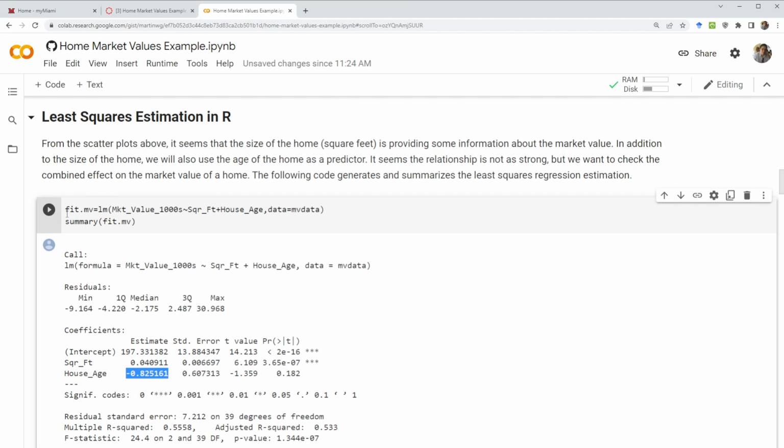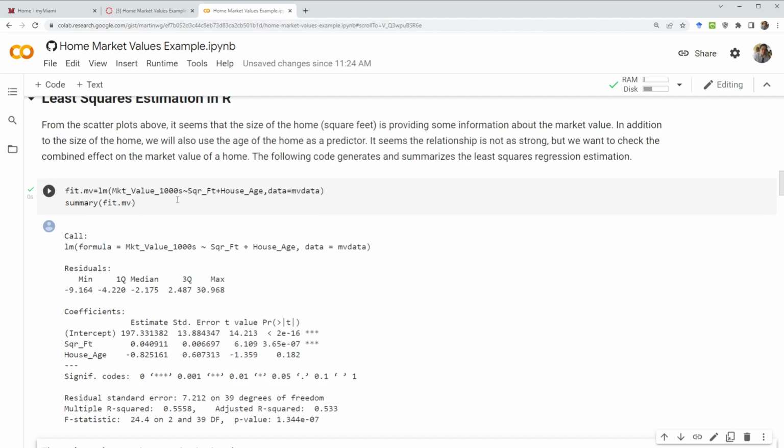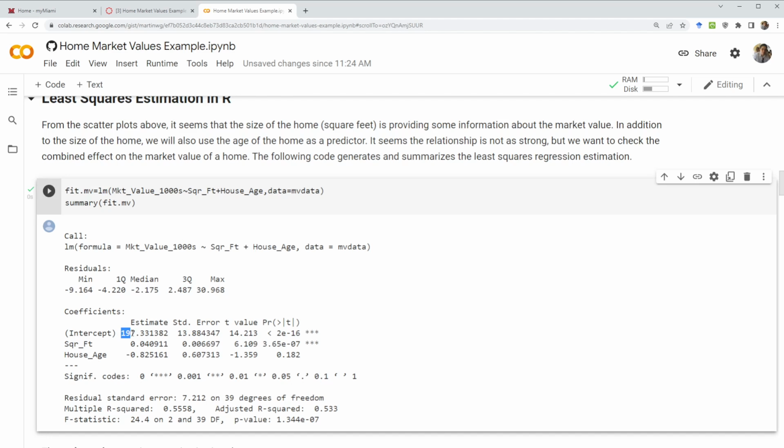So those least squares estimates are obtained using the LM function, which stands for linear model. You're going to use the market value in thousands as your Y, square footage plus house age, to determine basically the relationship between the two predictors and the response. And then I'm going to get the summary to just show you that relationship. So I'm going to run that. And you can see a few things. The estimates here,